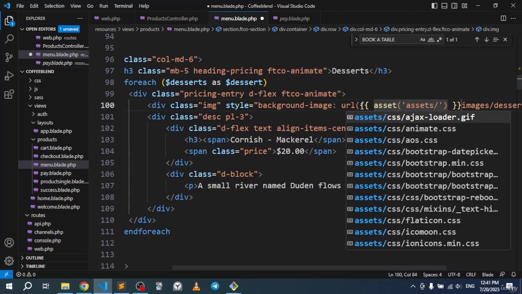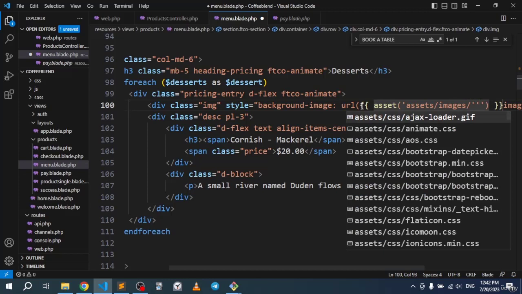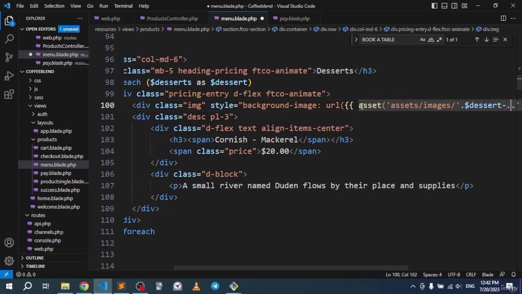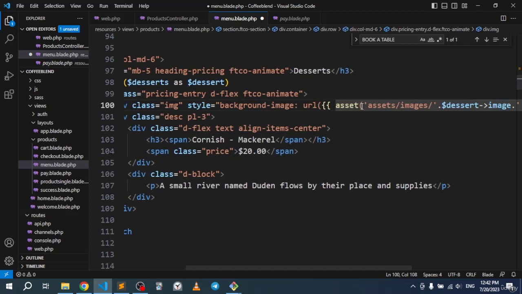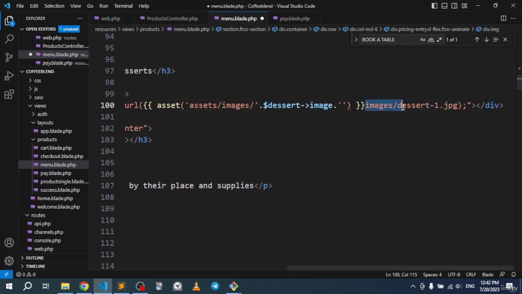So if we go /assets, and if we go /images, and if we concatenate the dessert, well, actually I want it to be in the middle of these 2 dots. So yeah, I want to go right here and I want to go image like that. So let me copy this, and if we go right there and simply remove this image,